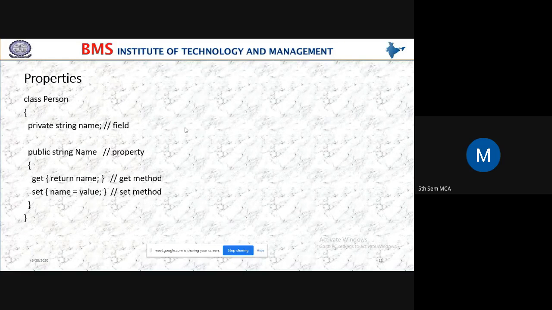So in the last class we have seen constructors. What is the use of a constructor, how to use it, and when to use the default constructor, parameterized constructor, and copy constructor. We have also seen the access modifiers in the last class, and we have also seen the destructor.